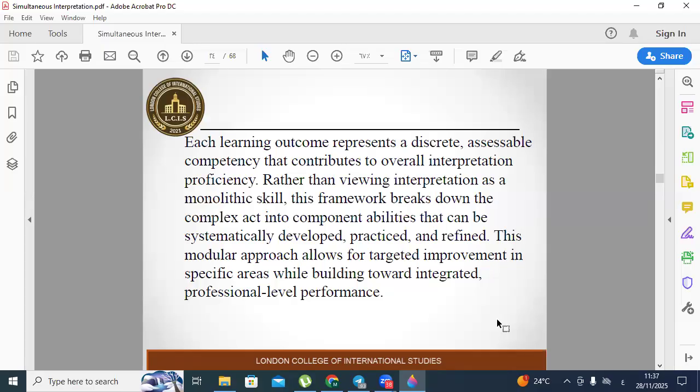level performance. You might be strong in vocabulary but weak in stress management, or excellent in cognitive processing but needing improvement in cultural adaptation. Identifying specific strengths and weaknesses allows a strategic focus on areas needing development. Now let's go to